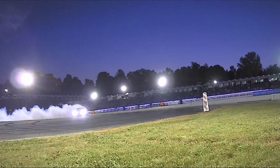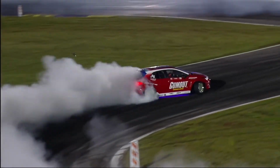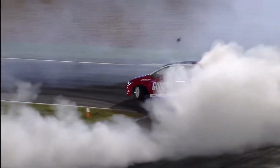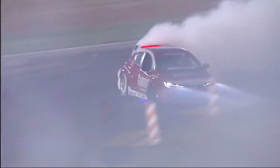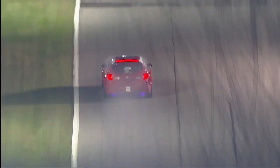Now coming up the hill into that keyhole, into that first. Whoa. Oh, nice job there, Ryan Turk. Now coming out. You can see past that cone, that course marker, now into that quick touch and go. Just drags his bumper right over the rumble strip and back at it again, heads back up the hill. A great way to make an introduction here in